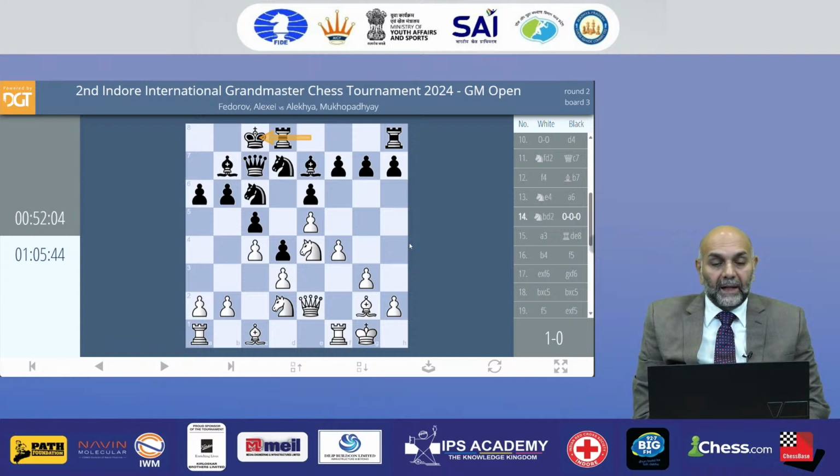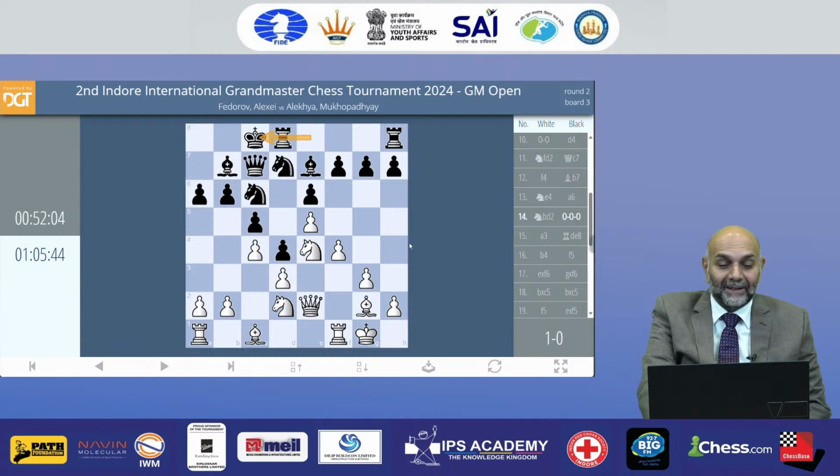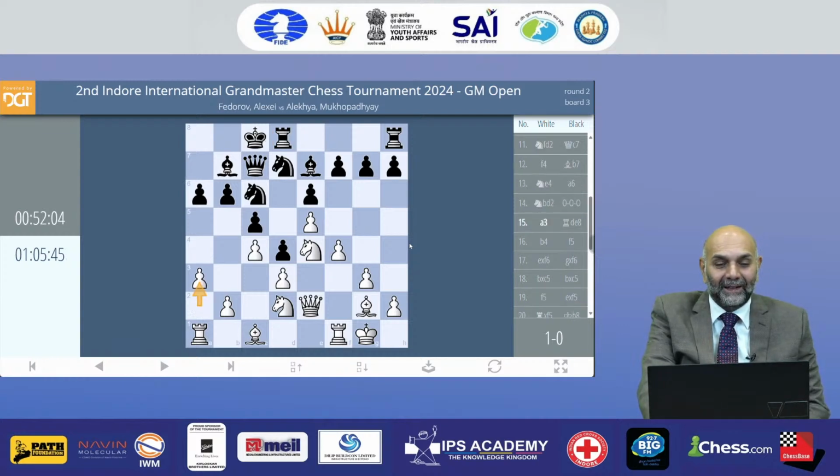The reason being that white's natural plan is to play a3 and b4. White could play it at the cost of a pawn as well, and when the b file gets opened up, having your king near an open file is always worse than having other pieces. The king is a low range piece, and this is the most important piece. Not only will the king have to guard the pieces, but the other forces also will have to go and guard the king.